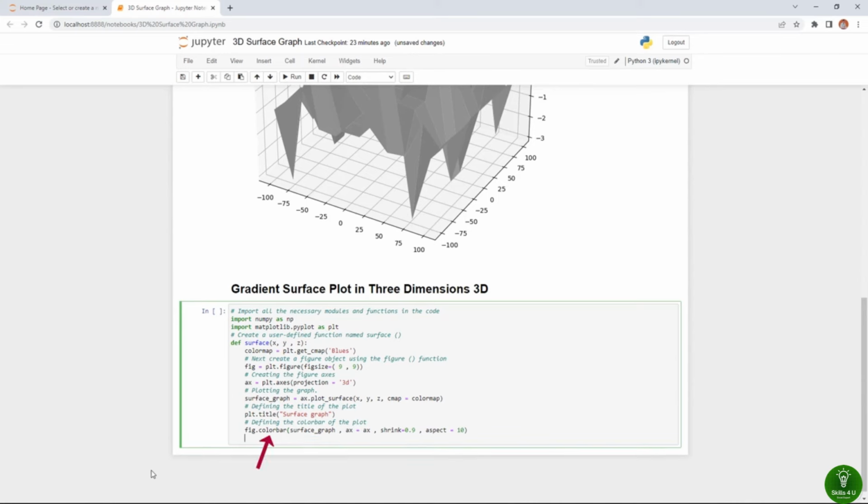We use the colorbar function to plot the color bar along the surface graph in the plot. We specified other arguments along with this function too. For example, surface_graph is the first argument, specifying which plot the color map should be aligned to. The shrink specifies the size of the color bar in comparison to the height of the surface graph, and finally